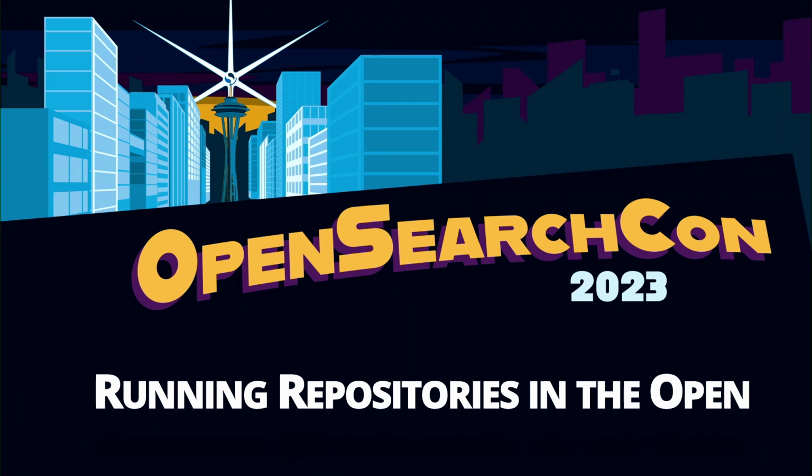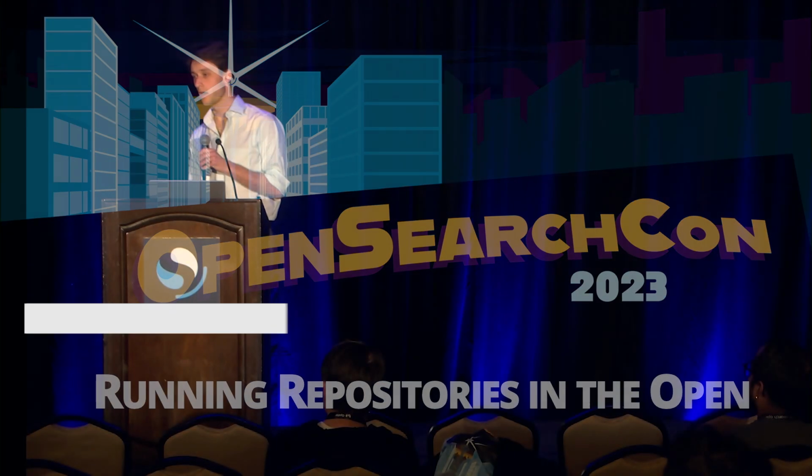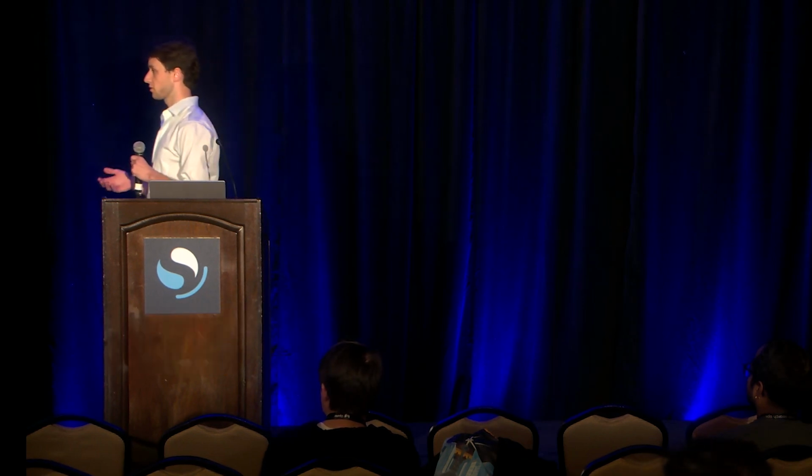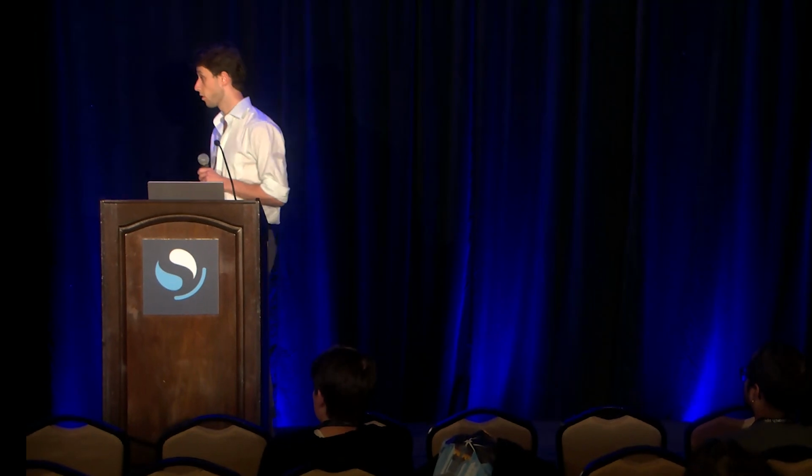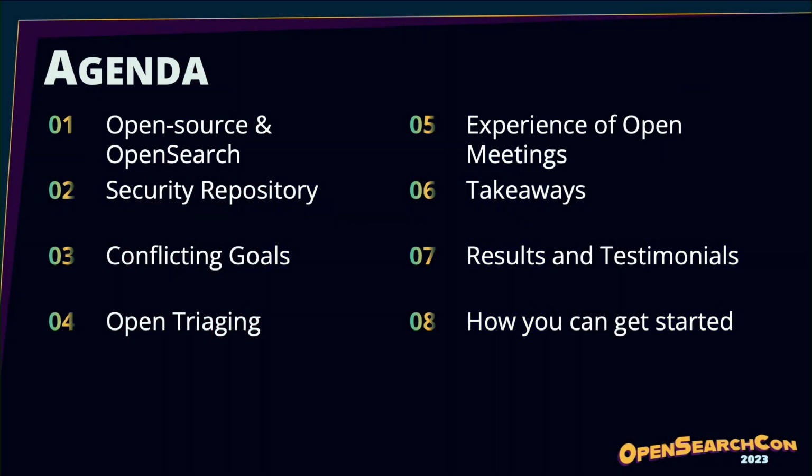The purpose of this meeting is to give a little bit of information about how something like security can come to terms and reconcile sometimes conflicting goals with an open source software project. After speaking today, I'm hoping that each of us can go back to our own projects, our own repositories, or our own ventures and take some of these lessons that we as a security repository have learned and apply them to your own missions. The topic of today's talk will cover the agenda shown on screen.